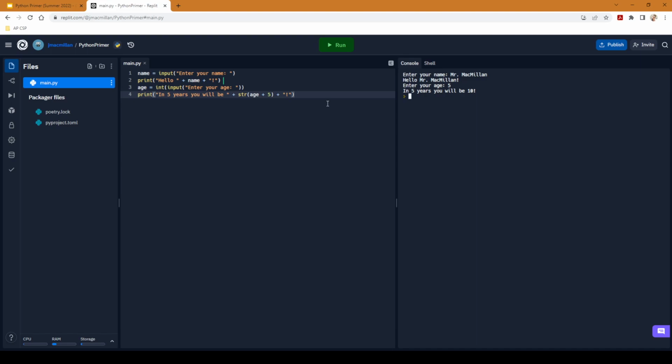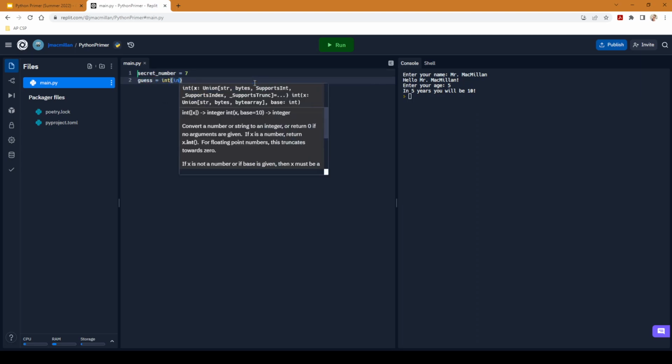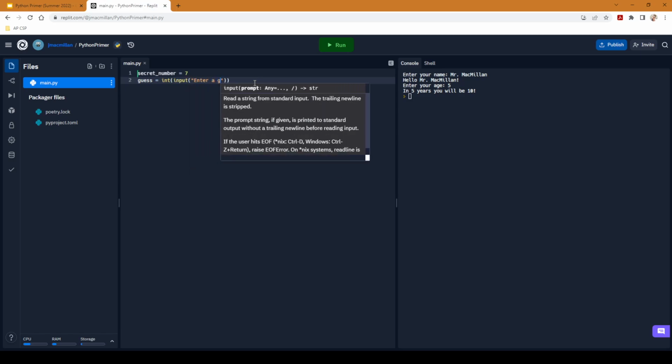So I'm going to replace the code that I have here. I'm going to make my secret number equal 7. You do not have to use 7. I am choosing to use 7, but you do not have to use that same number. Use whatever number you choose. We're going to say guess equals int input, enter a guess,